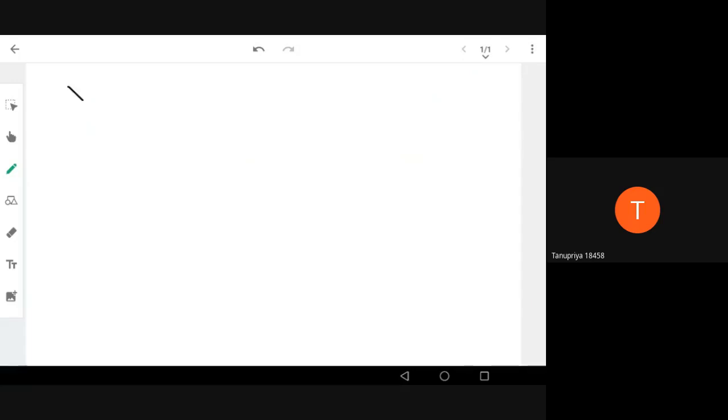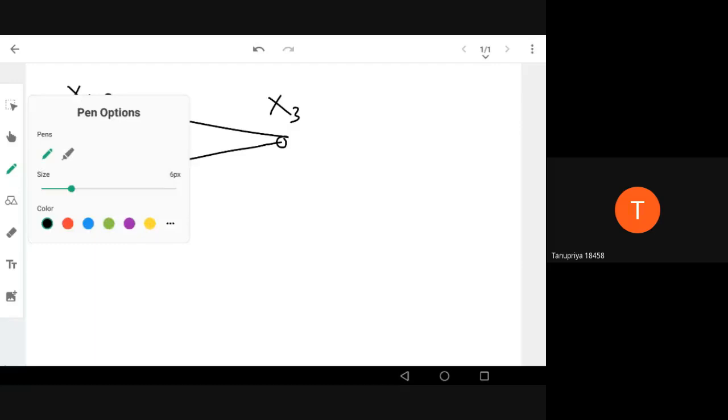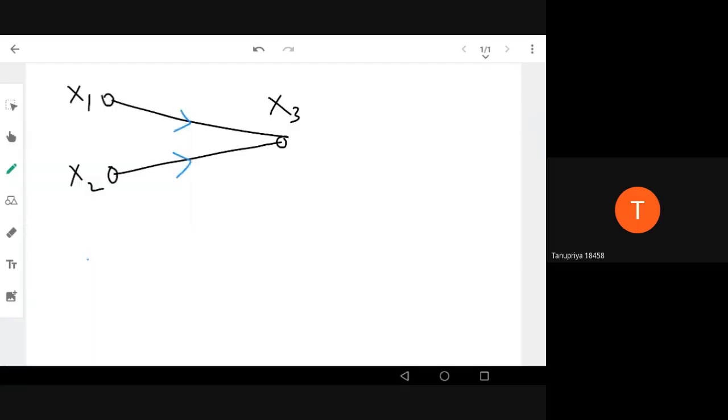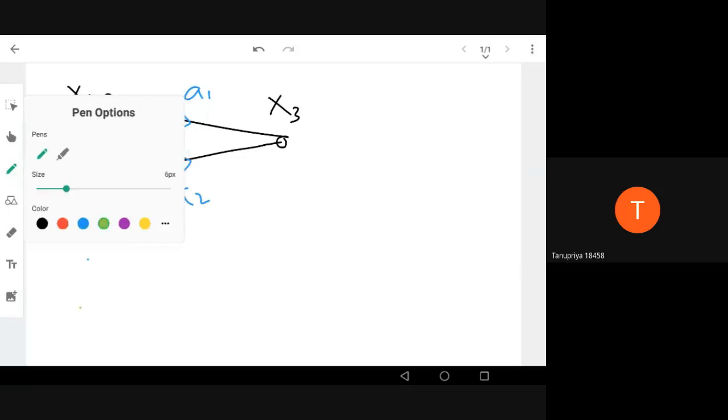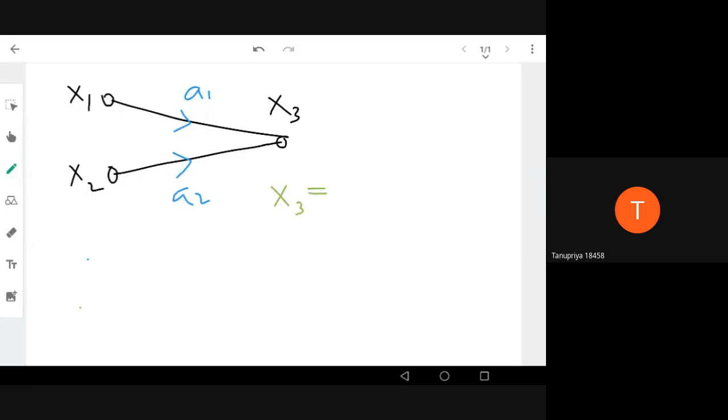Suppose we have an input x1 and another input x2. So this will be a node in the signal flow graph, this will be another node, and both are combined together into a node x3. Then you will ask, what is the gain? In this path there's a gain; I'll call this a1 and this a2. So how can you write the equation of x3? x3 is a combination of signals from two different nodes, x1 and x2, through two different paths that have gains a1 and a2. So x3 equals a1 into x1 plus a2 into x2.